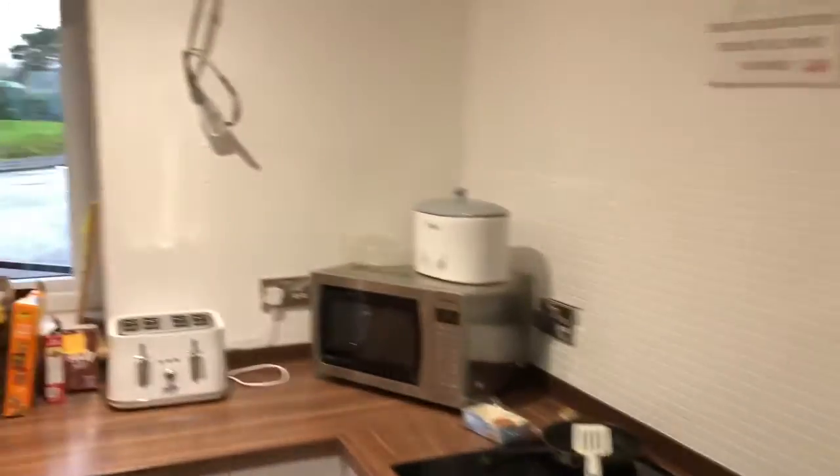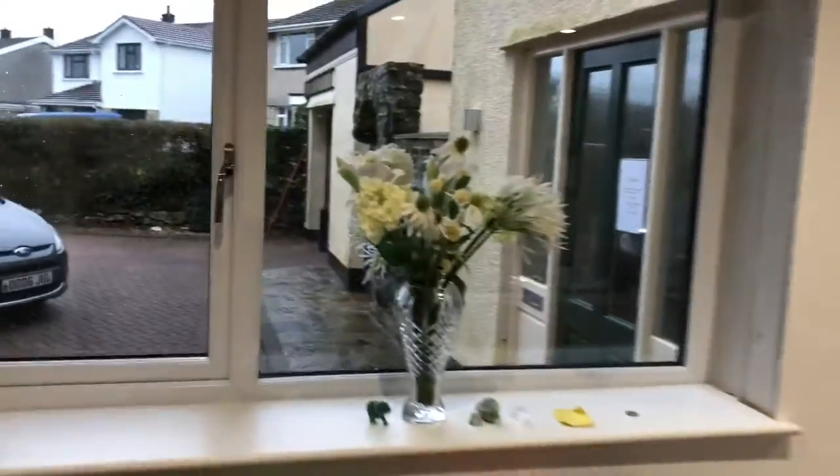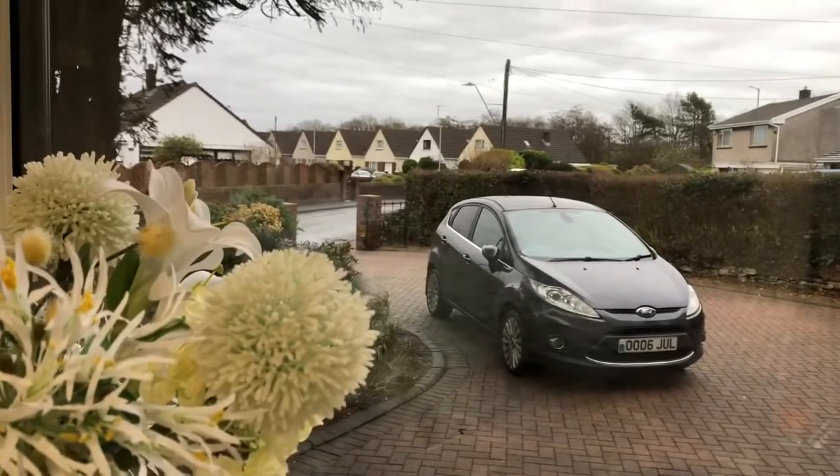Actually, we do have an actual police station opposite. I don't know whether there's any police cars for us to remember it by. I don't think there are. No, there's none out there today. So we'll have to go with the visual one, which is a policeman chasing a robber with a swag bag